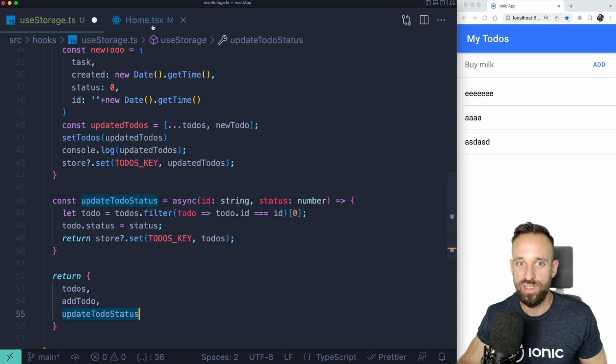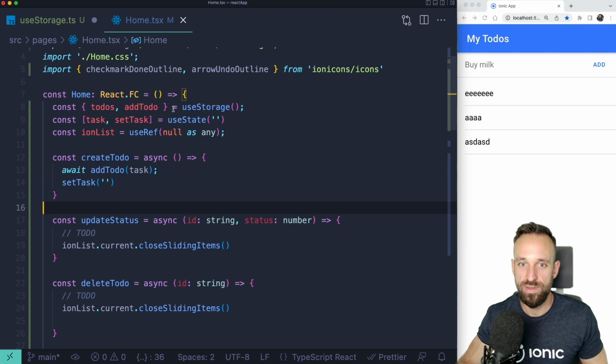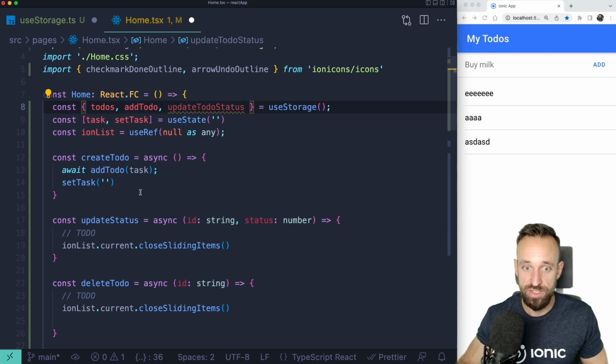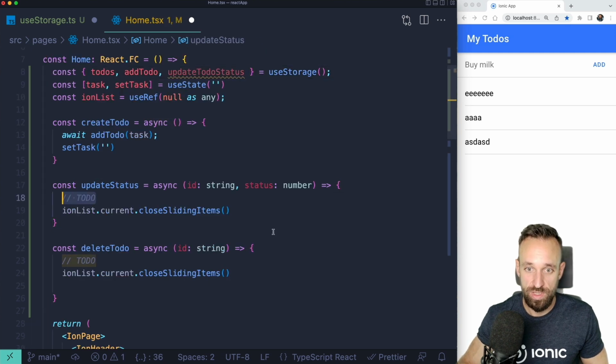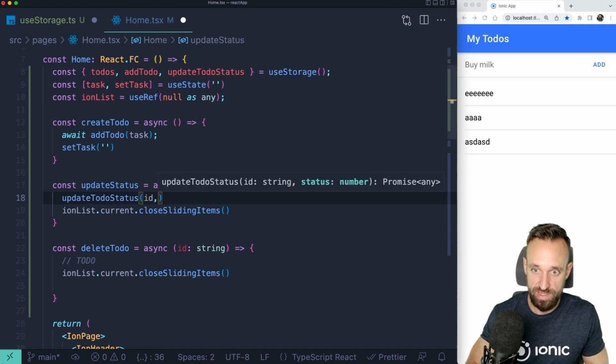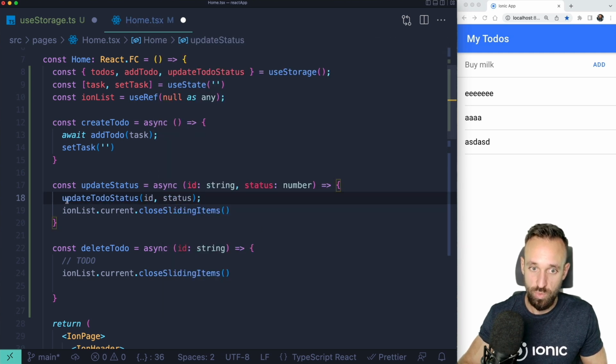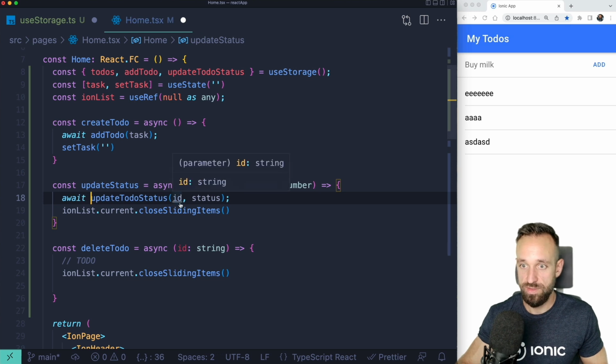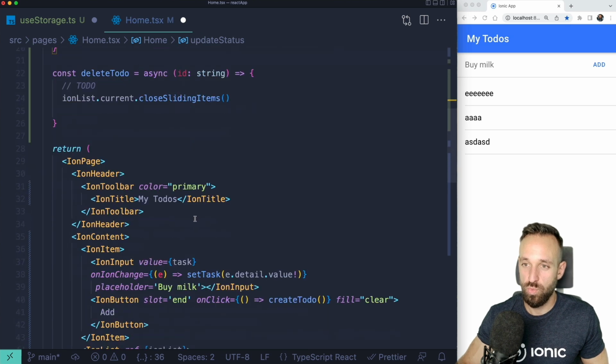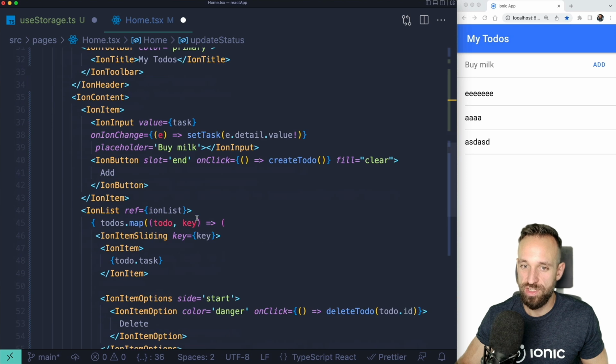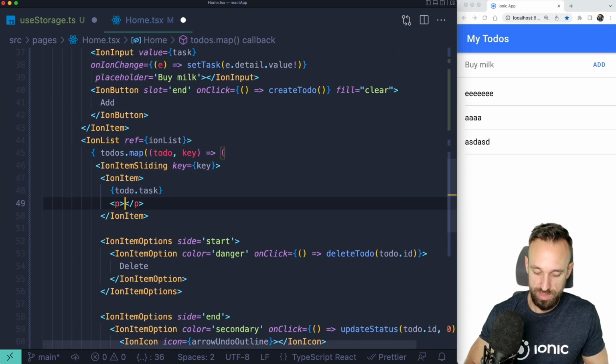So we're now returning it. That means we can import it here. Let's add it here, update to-do status, and then we're gonna use it, simply passing in the ID and status, and we're gonna also await this. So let's see. Because we're not really seeing any status change at this point, let's say we put it in